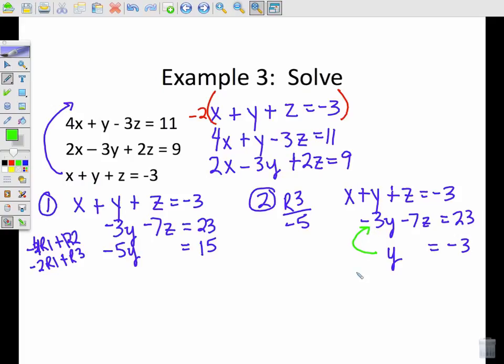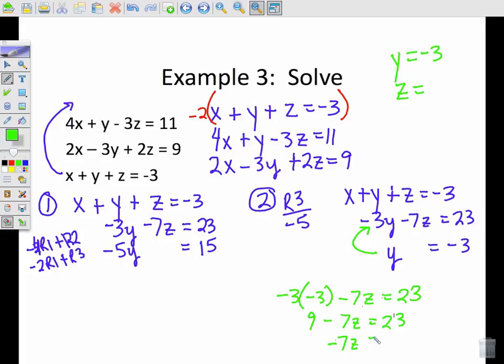Now what we're going to do is we're going to take our information and we're going to back substitute. We're going to put the y in. All right, so we know y is equal to negative 3. Now what we're going to do is we're going to find our z. So we have negative 3 times negative 3 minus 7z equals 23. This is 9 minus 7z equals 23. If I subtract 9, negative 7z equals,